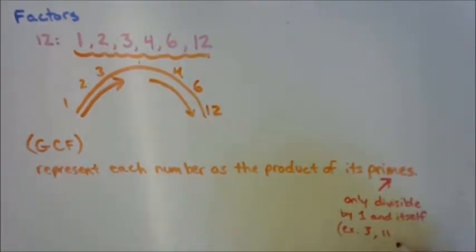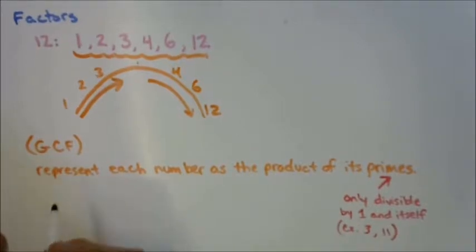Can you think of another one? 5. 19. 17. 13. Yep. 23. They will all be odd because an even number is always divisible by 2. Yeah, but not 27. It's because 27 is odd, but it is divisible by 3 and 9, right? Good. So now we know what a prime number is, and we want to represent each number as the product